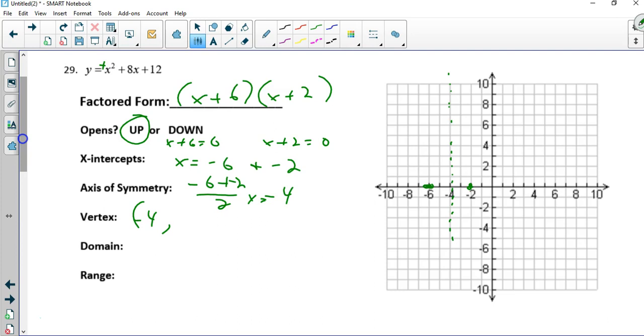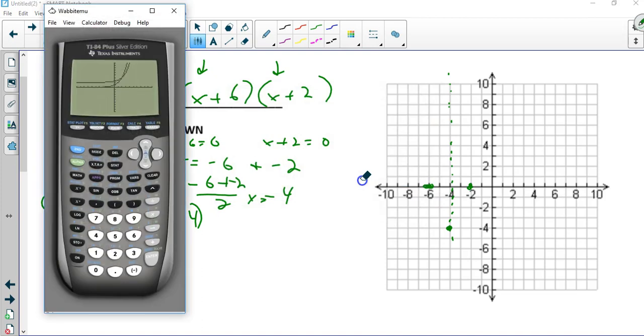So what we do is we take that negative 4 and plug it in back up here. So negative 4 plus 6, 6 minus 4 is 2. Negative 4 plus 2 is negative 2. 2 times negative 2 is negative 4. So that means the vertex is right there, negative 4. And I actually have enough to generally sketch my graph, but watch. Let the calculator do the heavy lifting for you. There's no reason why you can't real quickly